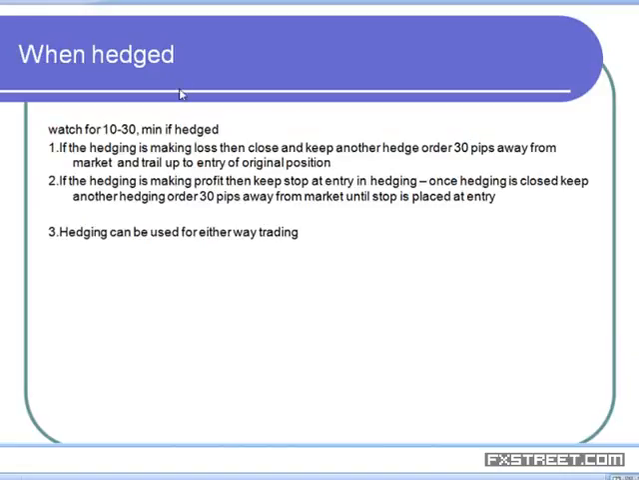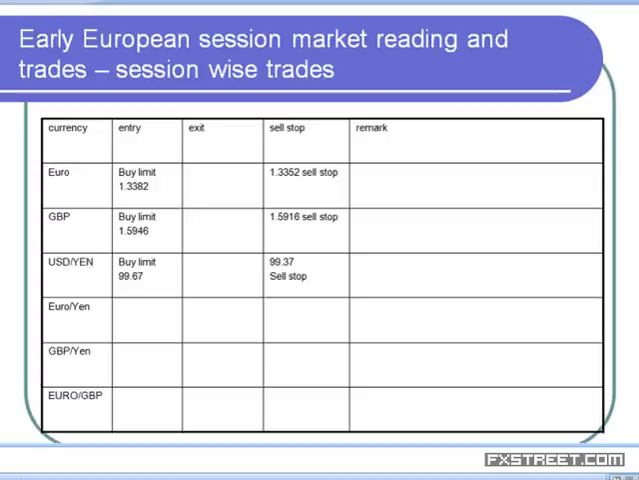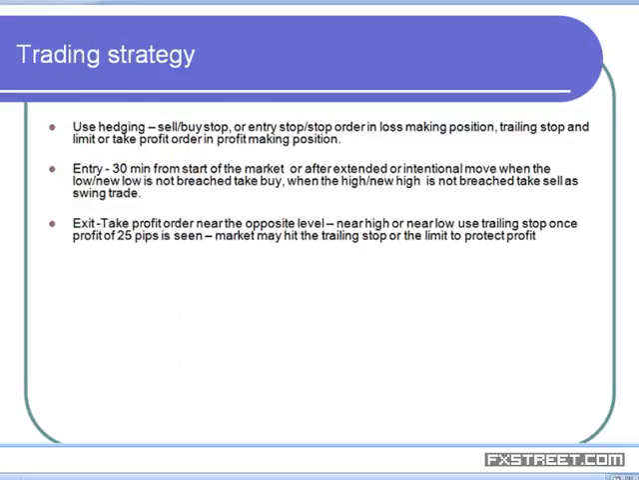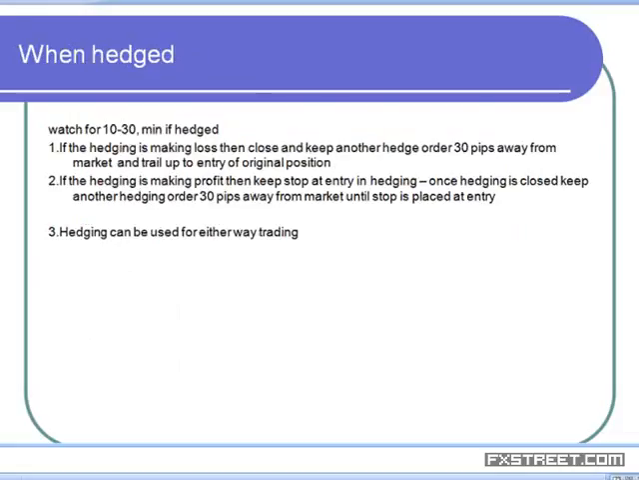Then in the event the position is hedged, in the orders I kept the hedge order. Suppose euro drops this and also fills this. What do we have to do? This is what most people struggle with: how to handle the hedging. If the hedging is making a loss after it is filled, and it makes a loss for 10 to 30 minutes,